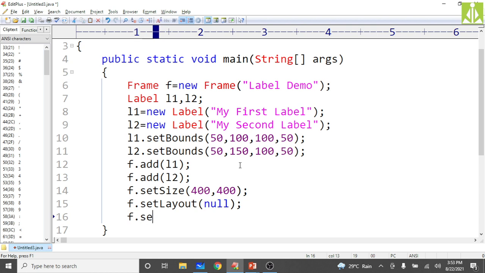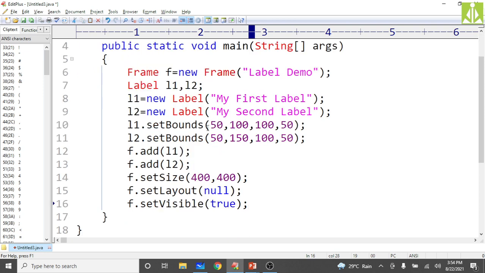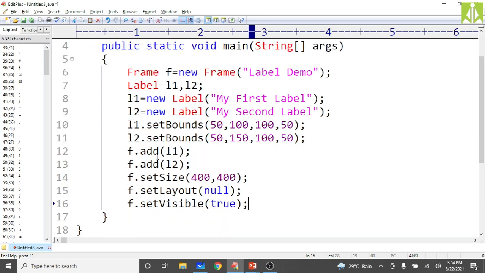Now the next thing is f dot set visibility. We need to make the frame visible, so pass it as true. So this is how the complete program works. We have created the container with a proper title, then created two label components, given messages to those two labels, positioned them using the set bounds method, and added them to the container frame.